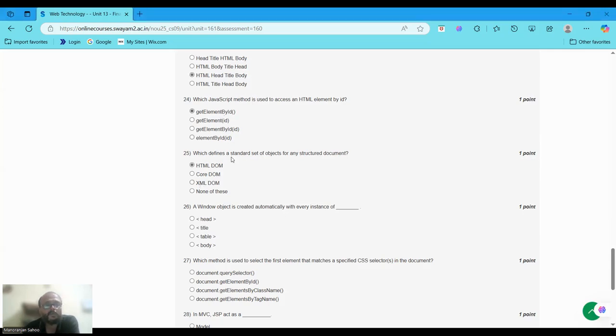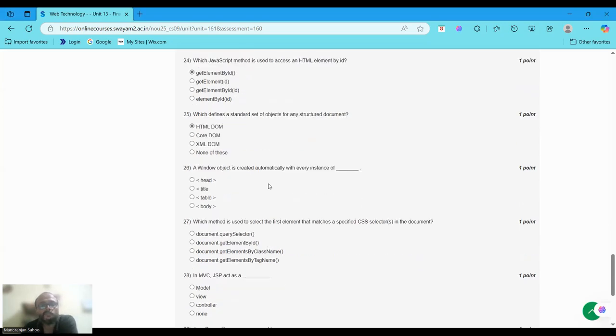Moving to question number 26. A window object is created automatically with every instance of body. 26 option D. In JavaScript, the window object represents the browser window and is created automatically when a web page loads,